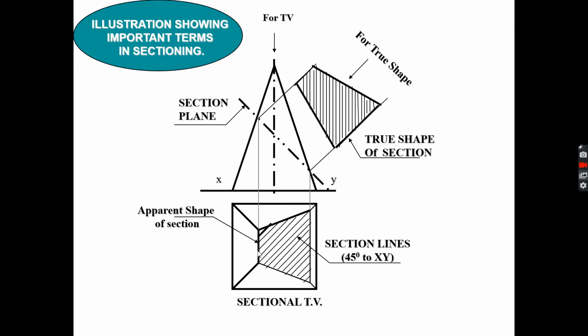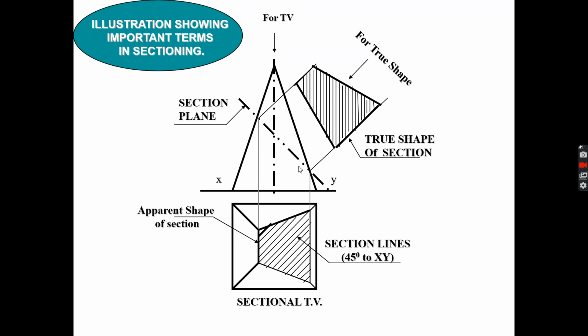After taking the measurements, you have to draw perpendicular lines from those points. This is your 1 dash and 2 dash, you have to draw a perpendicular line from that. This is your 3 dash and 4 dash, you have to draw the perpendicular line from here. After drawing the perpendicular lines, the same measurement you have to draw here. This is your point 1, this is your point 2. The same measurement we are drawing here.